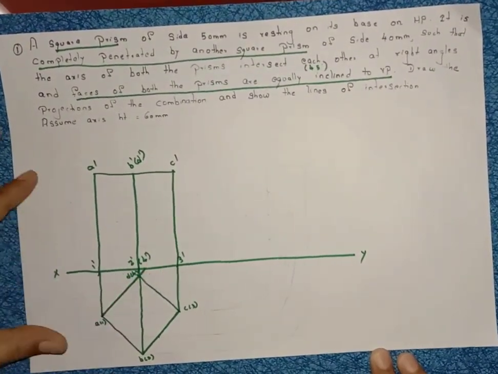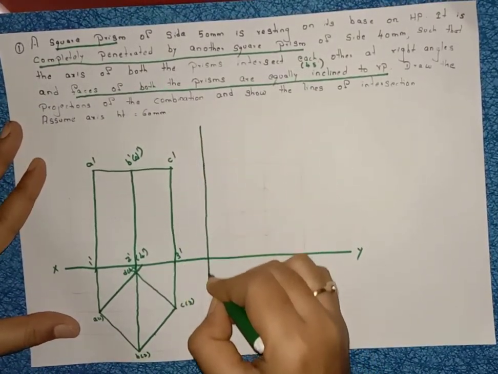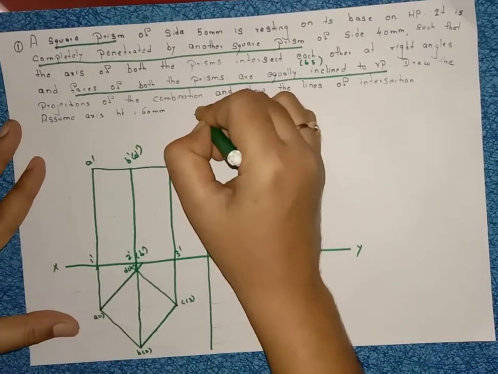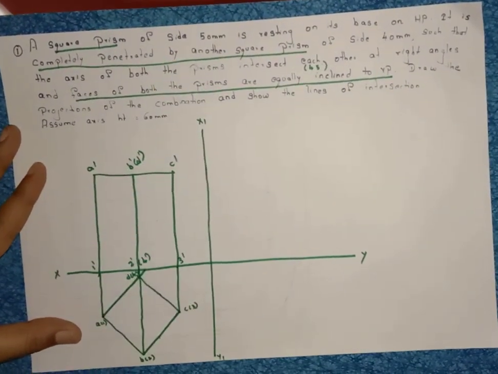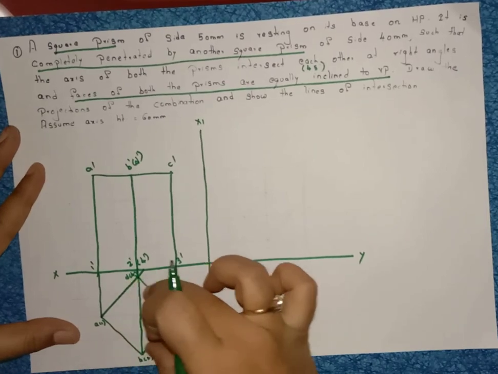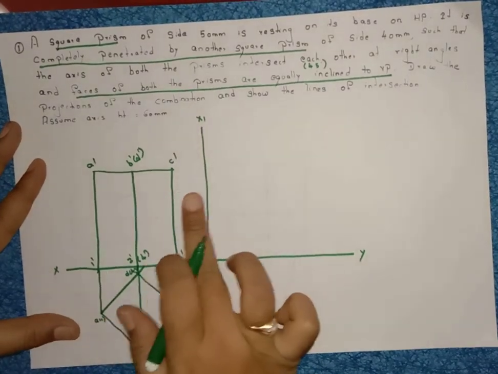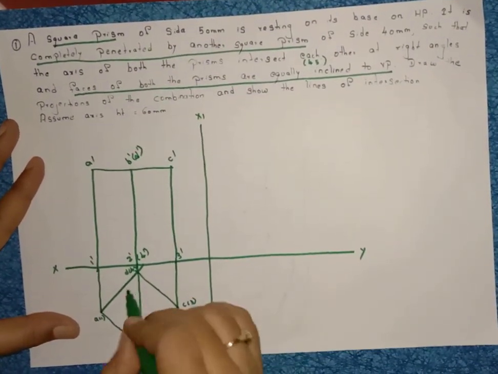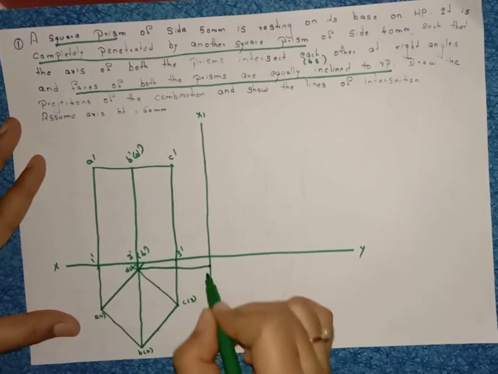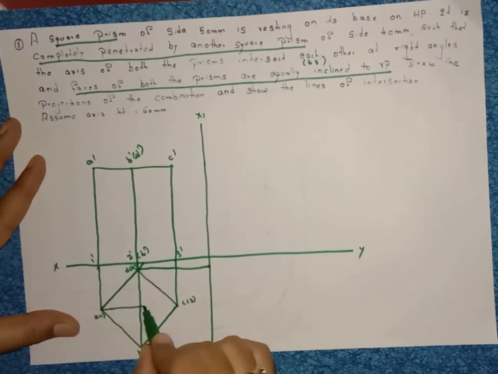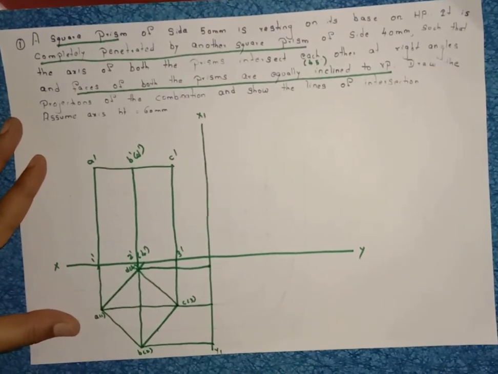After constructing this, leave some gap, draw a vertical line as another reference line, and name it x1 y1. After that, project this prism and you will get the side view here. To construct the side view, leave some gap and draw a vertical line of any length. See, this is the D point. From point D, draw a straight line till this line. Then from point A, draw a straight line till this point. From point B, draw a straight line till this point.